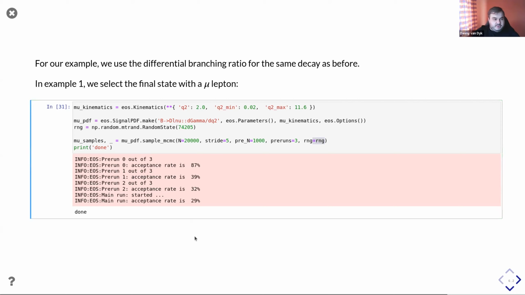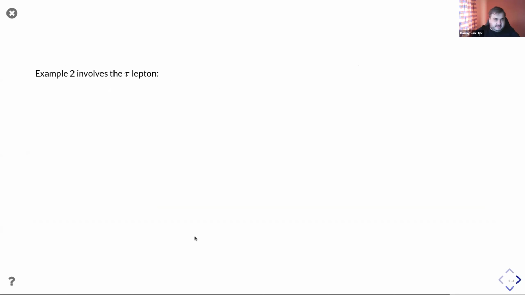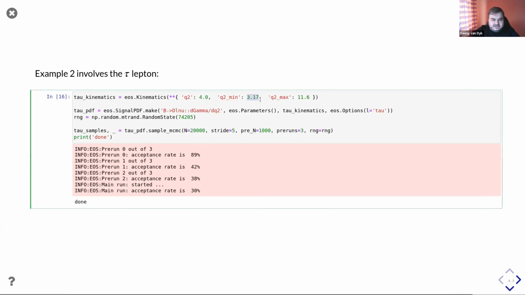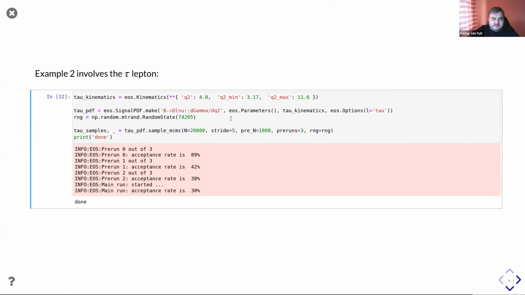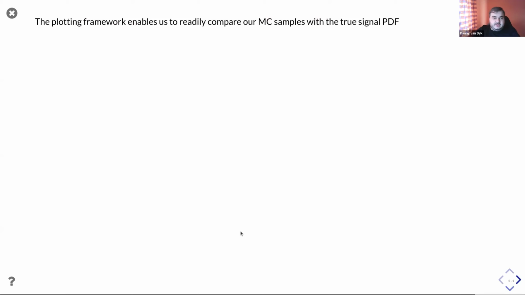And we repeat it for the tau lepton, for which we need to adjust the left end of the kinematic range to the tau mass. Again, reproducible, very quickly obtain these tau samples. And in the next step, we visualize them, and we're comparing them with a true signal PDF, which is available.